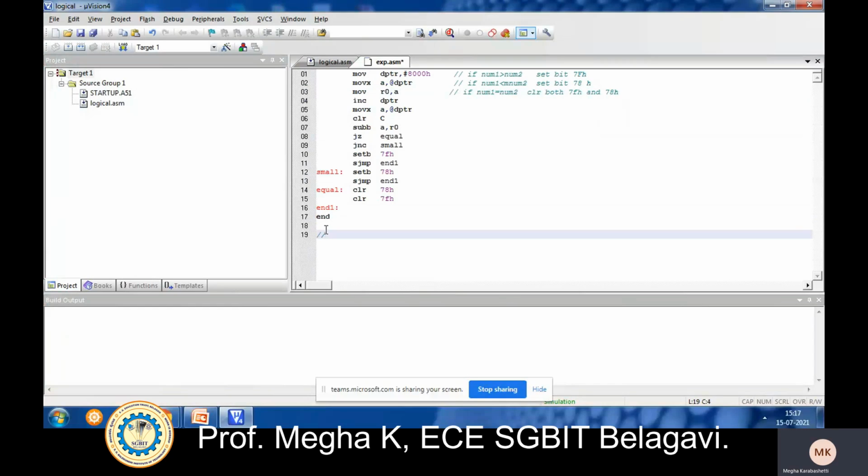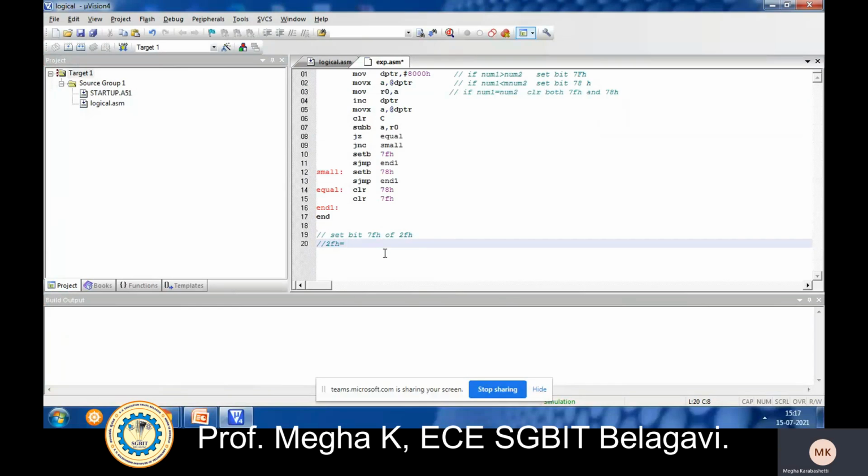When I set bit 7FH in the bit addressable memory location 2FH, what will be the value of 2FH after the execution?